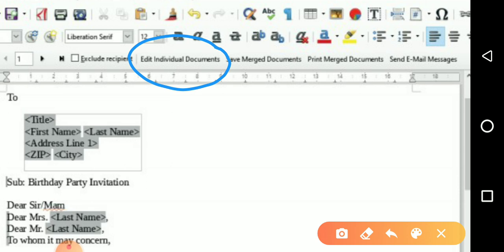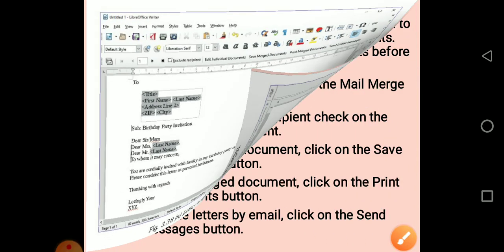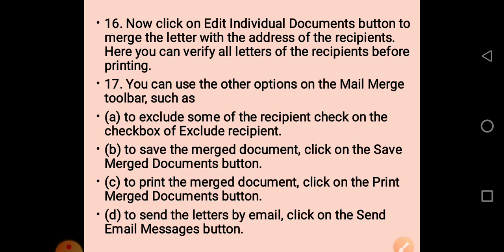You are going to create individual letters, so click the edit individual documents option. Or other options, if you want to save the merged document or print the merged document, you can do that. You can give such options also.